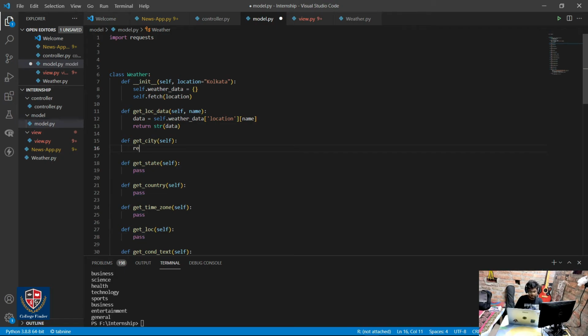What it will return is self.get_log_data name. It will return the city name. Similarly, I just copy this part, I'm going to use this a lot of times. We have the region, here the country,